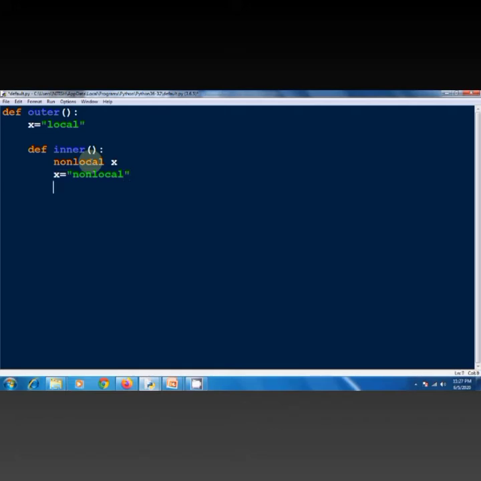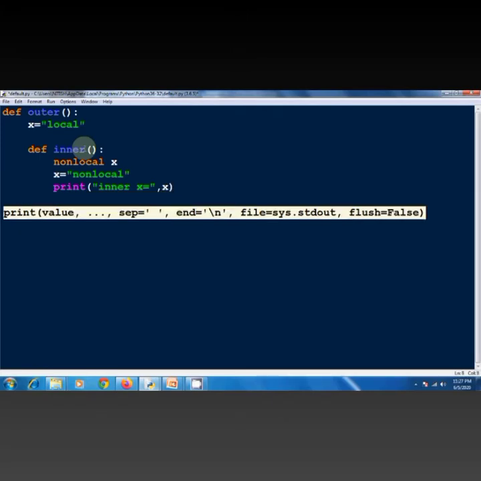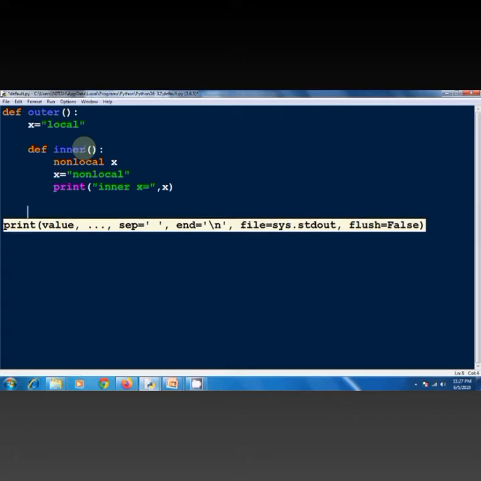Print x. Inner x is equal to x. I am calling this inner function.